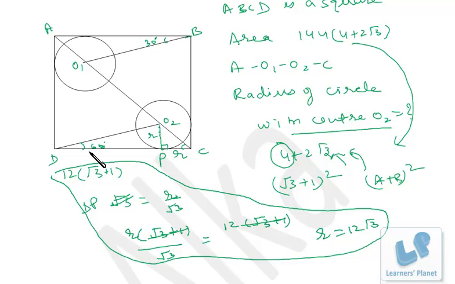Using the trigonometric ratio, I found the length DP, and I matched DP plus PC with the length of the side of the square. So the unknown variable R can be calculated easily. This is a unique solution to this problem. You won't get such a solution anywhere in the solutions of any mock test or anywhere else. I have used a trigonometric relationship over here, and that's why this problem is solved very easily. Okay, I hope you are clear.